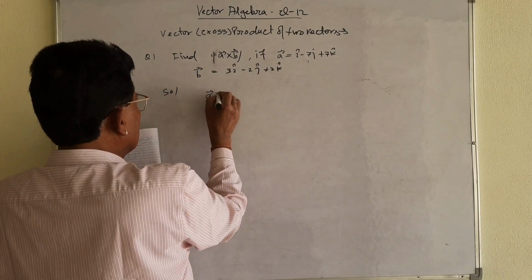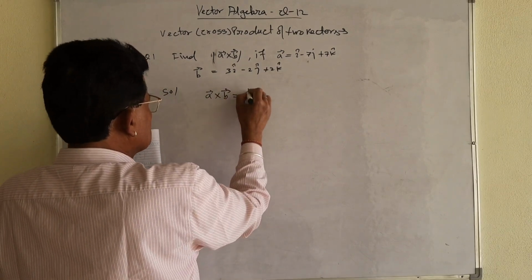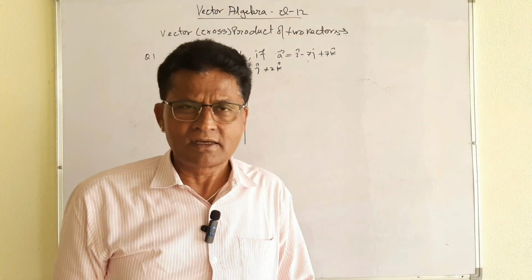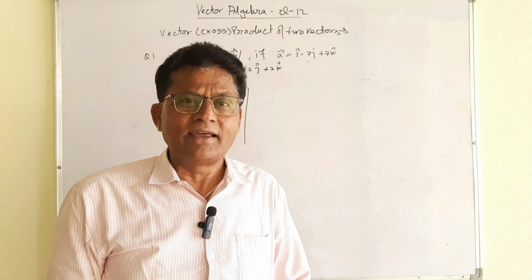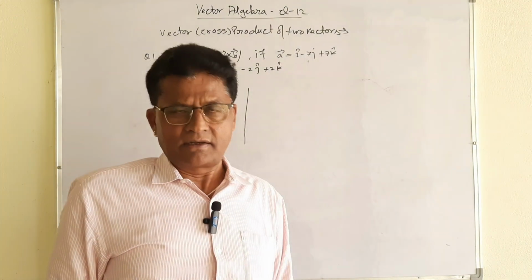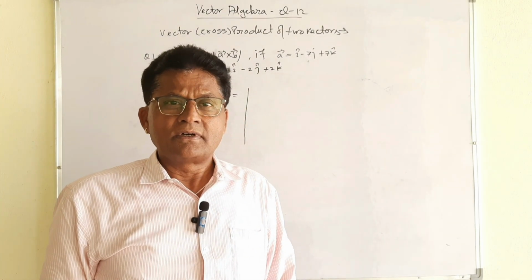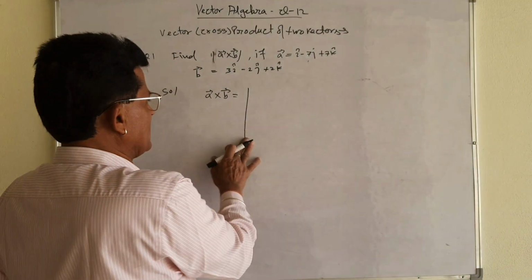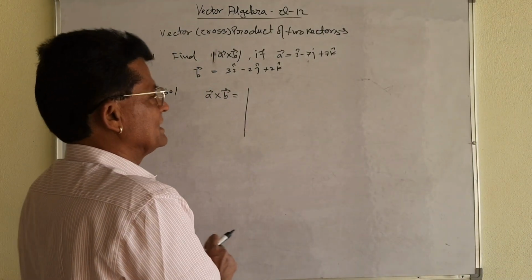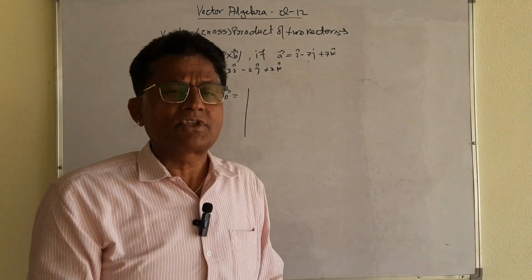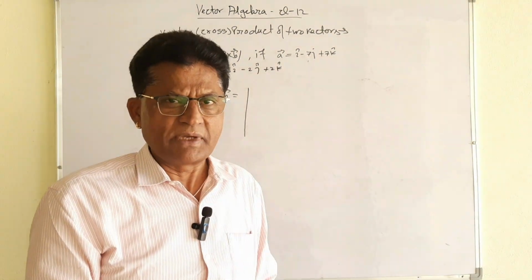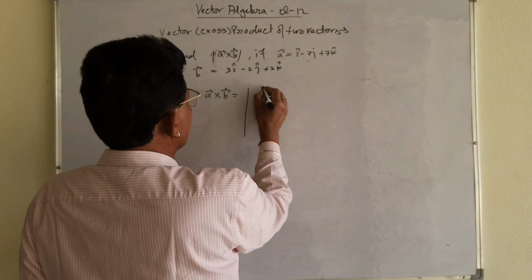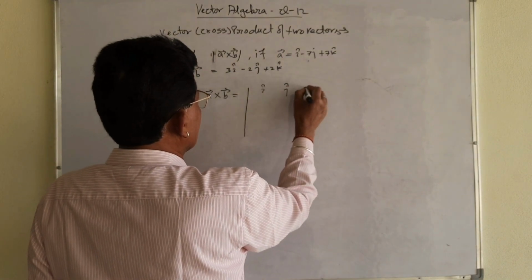First of all, you will have to find A cross B. My dear student, to find the value of A cross B, you must keep in mind one thing. You got the area of the triangle by using the determinant. In the third chapter, it is given to find the area of the triangle whenever the 3 coordinates of the vertices will be given. देखिए यहाँ पे सबसे पहले क्या रखेंगे? I, unit vector you write first of all, j and k.